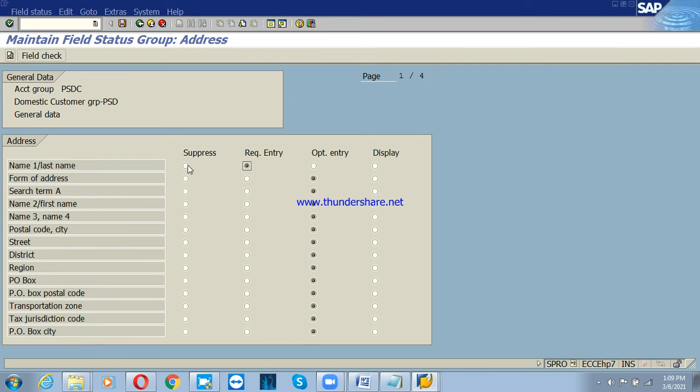As I told you, we have four options: suppress, required, optional, and display. Suppress means hide. For example, I am going to select tax jurisdiction as a suppress entry. Then the others, let them be in optional entry, and display means we can view the things, but we cannot make any changes there. Okay,